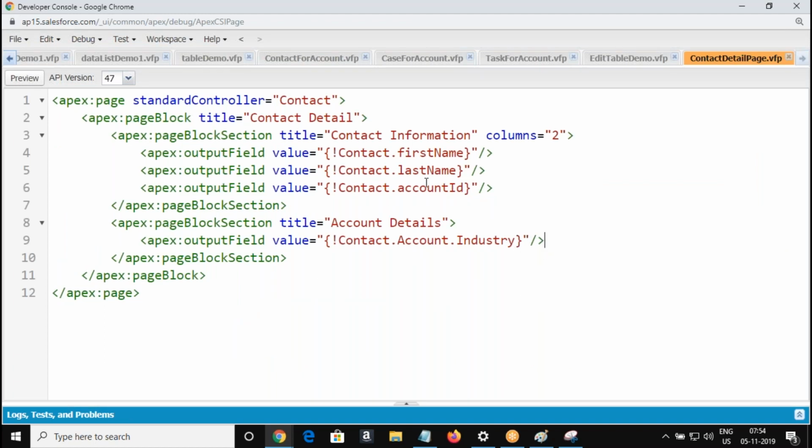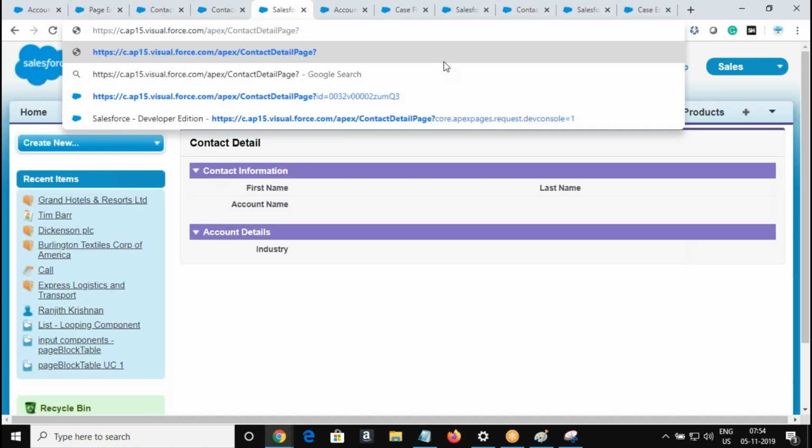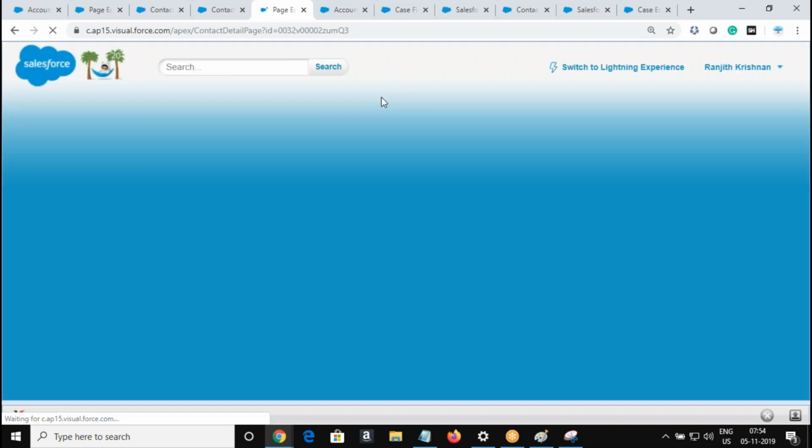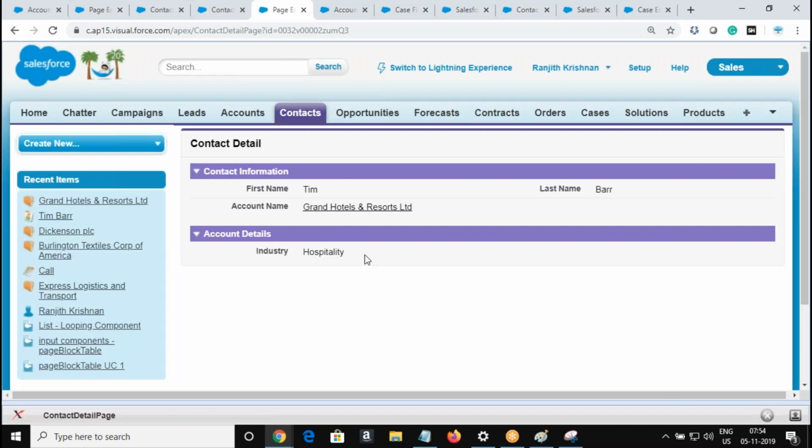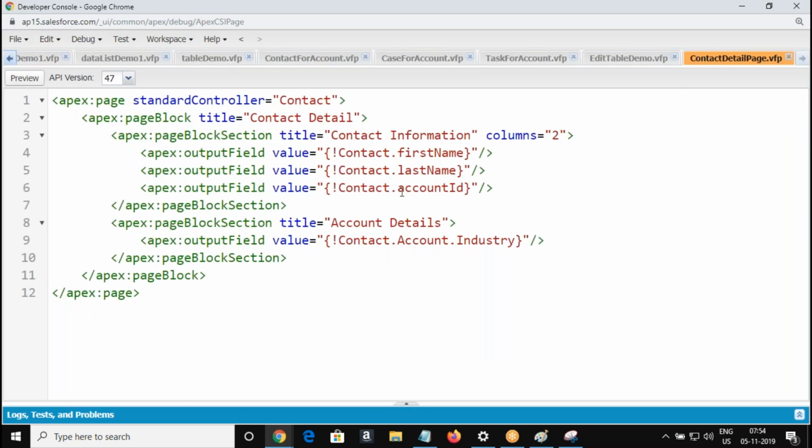People are able to follow this? I'll explain again. It's quite simple naming convention. I'll explain again. I'm able to bring this, right? See, whenever you would like to bring the lookup field, the naming convention is going to be the relationship field name suffixed with ID. If you are going to display the parent field, then again it's going to be relationship field name dot the field name of the parent, the field of the parent.